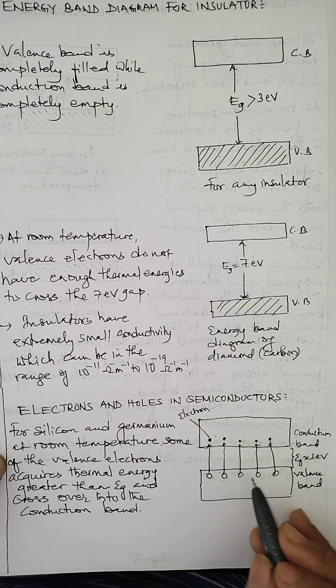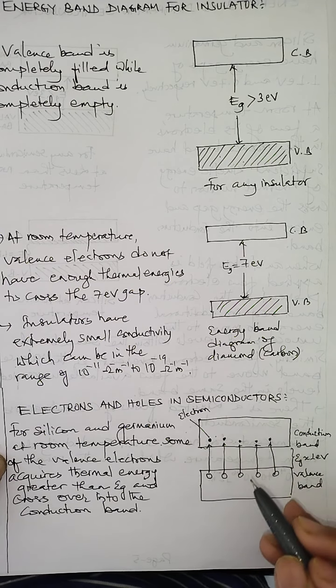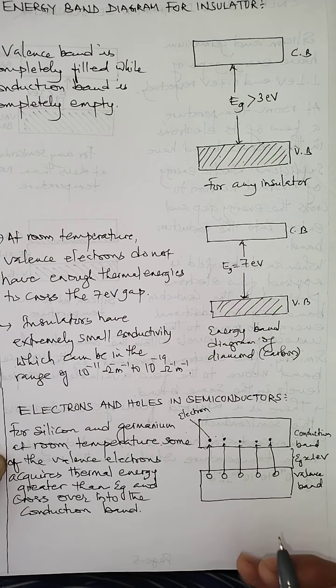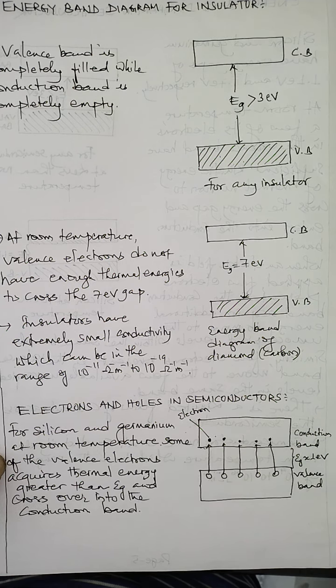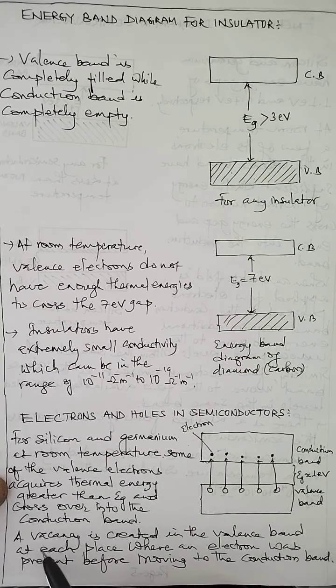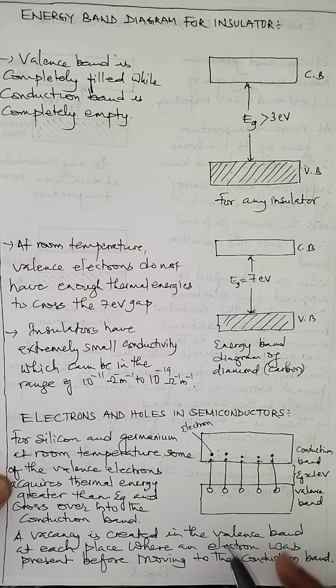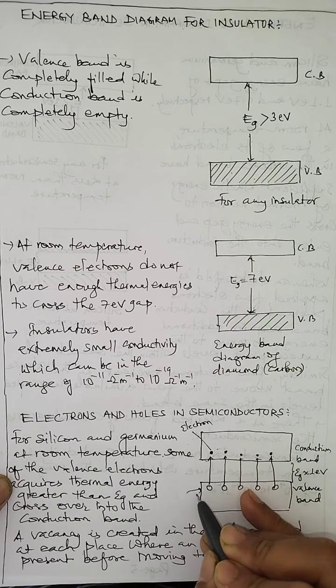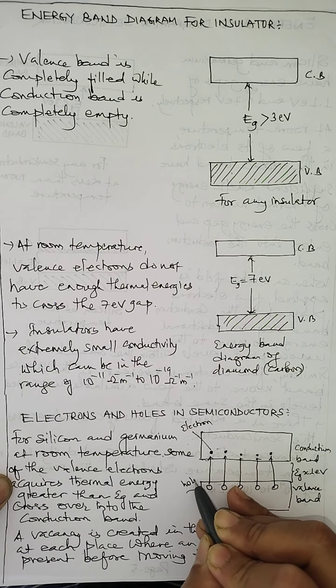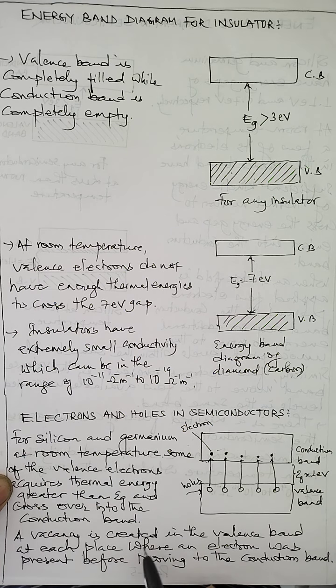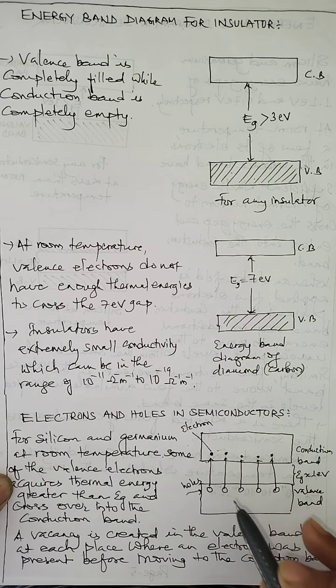Conduction band. But this movement of electron from valence band to conduction band makes a vacancy to create in the valence band. So as I said already, a vacancy will be created in the valence band, that you can even see in the diagram, and this vacancy is nothing but the holes. Okay, so a vacancy is created in the valence band at each place where an electron was present before moving to the conduction band, and this vacancy is actually called a hole,